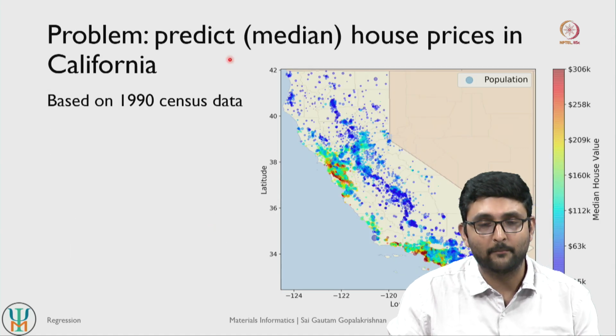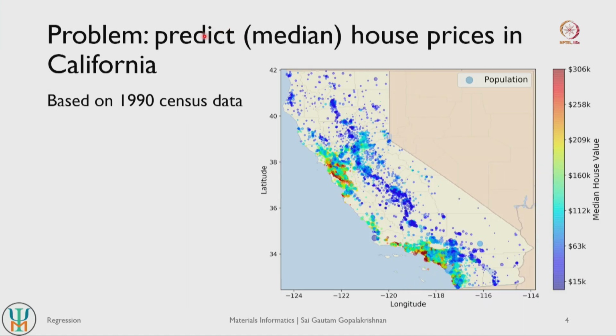Okay. So the problem that we will try and predict or learn is the median house prices. So how expensive houses are in the state of California in the United States. This is a very nice sort of regression problem that we can begin with, and we are going to be basing that on the sort of census data that came out of the US in 1990. So this is quite a sort of old data set. It's about 35 years old now, but it is a very nice problem to learn how to do simple regression.